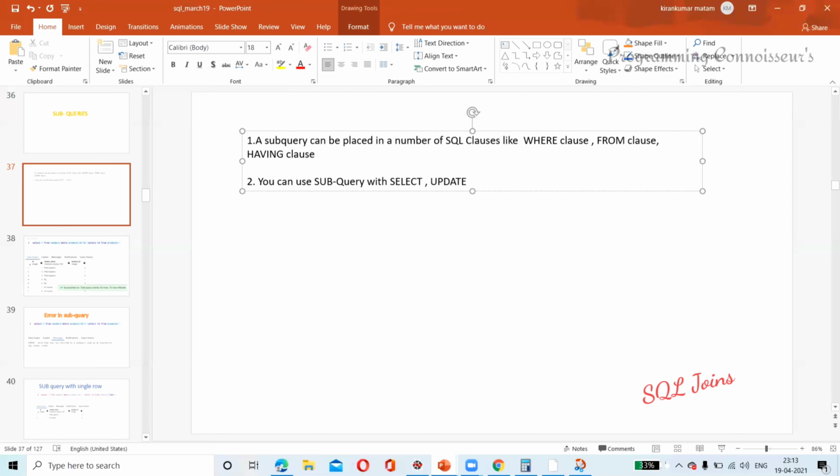Update also we can use. So how many rows do I need to update? That also you can see. Delete also we can use. So I want to delete some subquery data. So statements along with the